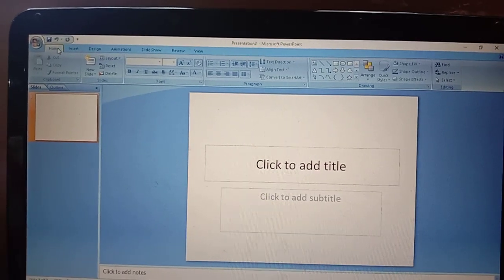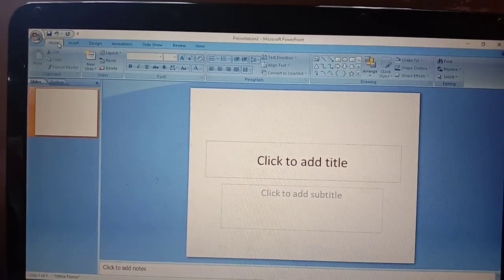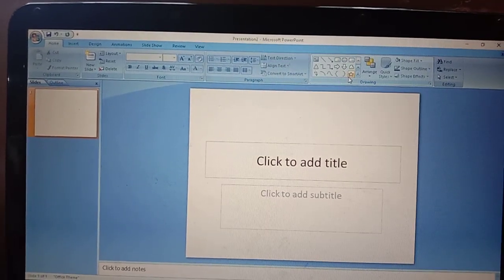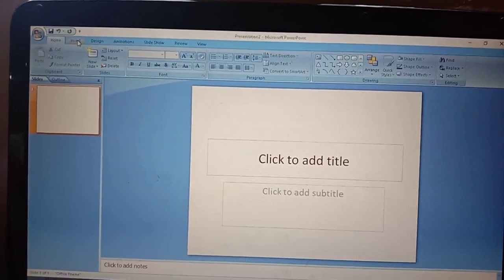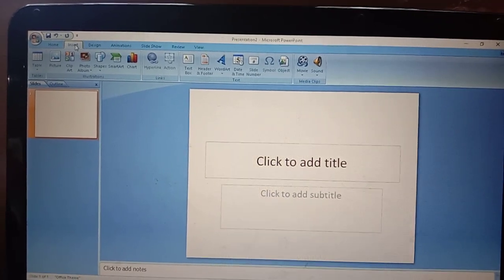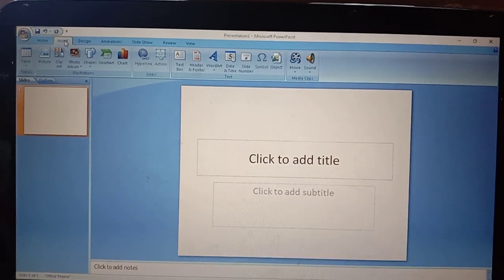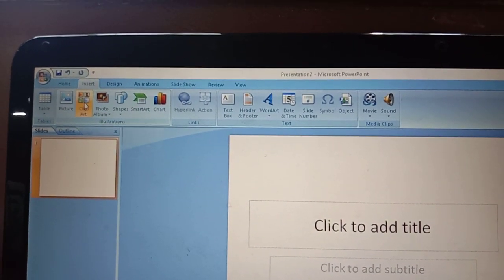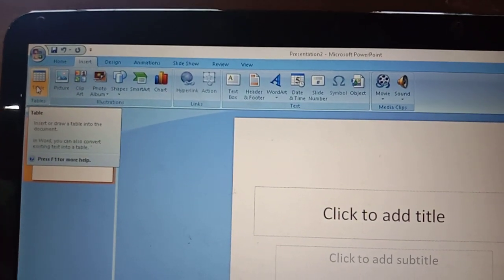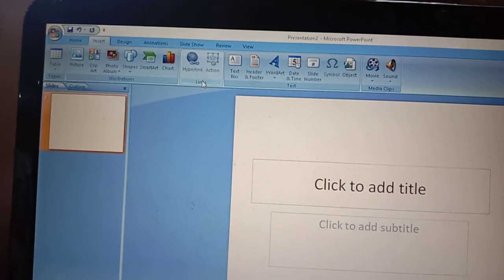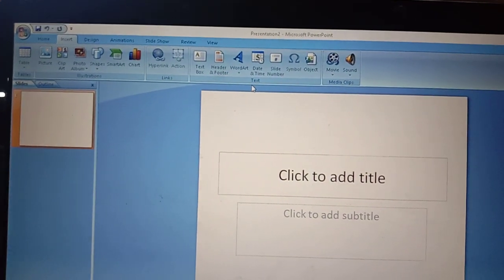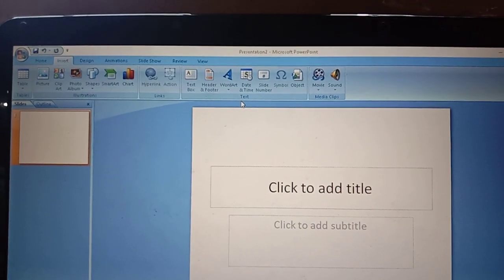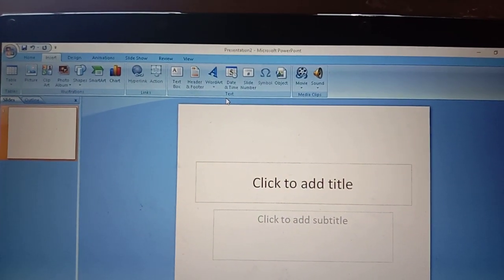See, if I click Home, we have different groups, right? We have the Clipboard group, Slides group, Font group, Paragraph group and Drawing. If I click Insert, we have n number of groups. One is Illustrations, which we use when we want to insert images or shapes. If you want to insert a table, we use this. You can use a link also, and you can make your text bold or apply some effects.